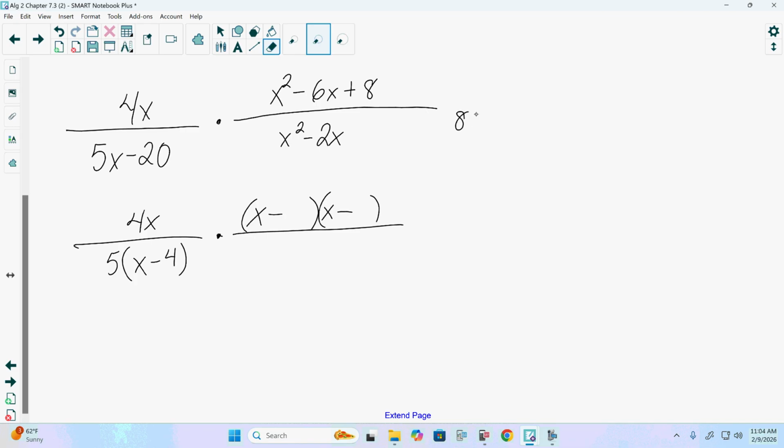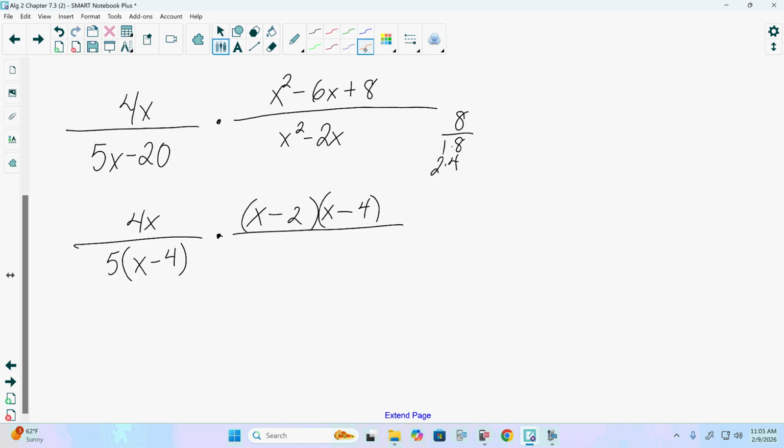x and x. Now, factors of 8 are 1 and 8 or 2 and 4. One of these two has to work. Which one do we want to try first? 2 and 4. Because with 2 and 4, we do indeed have an x minus 4 on top and bottom that's most likely